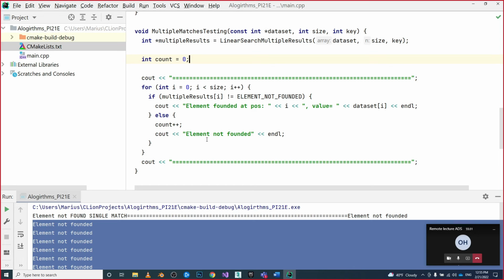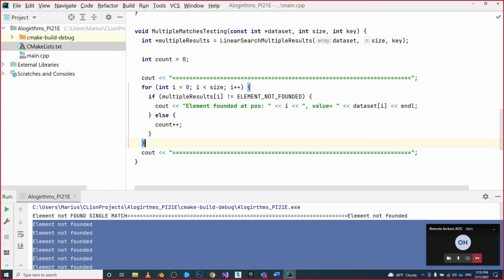What is the point to count that? Yeah, if we count those, we are able to compare with the size of our array and say else counting, and later after this,